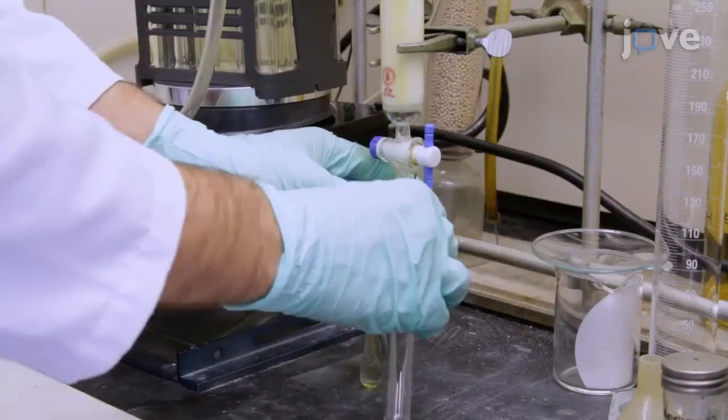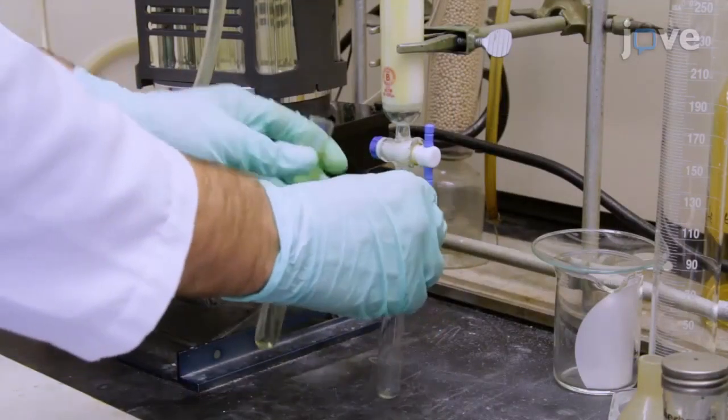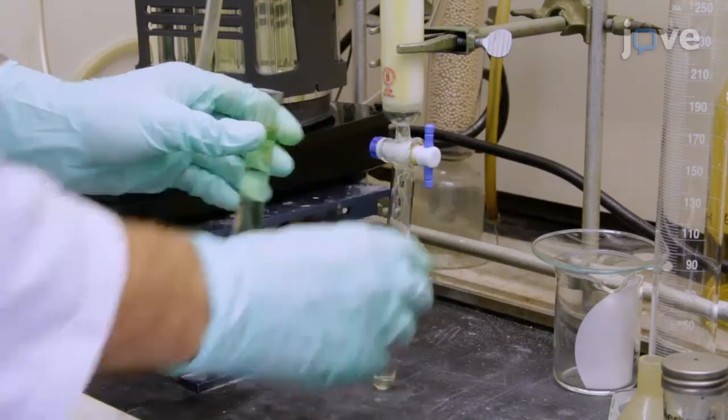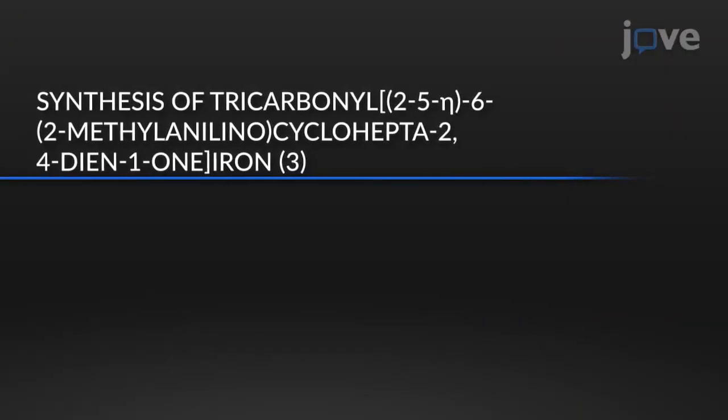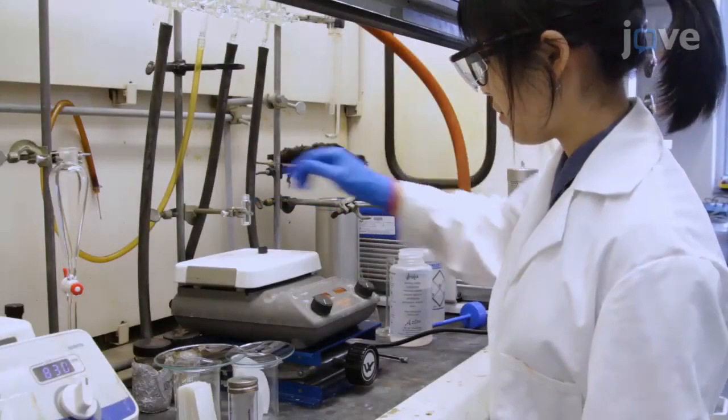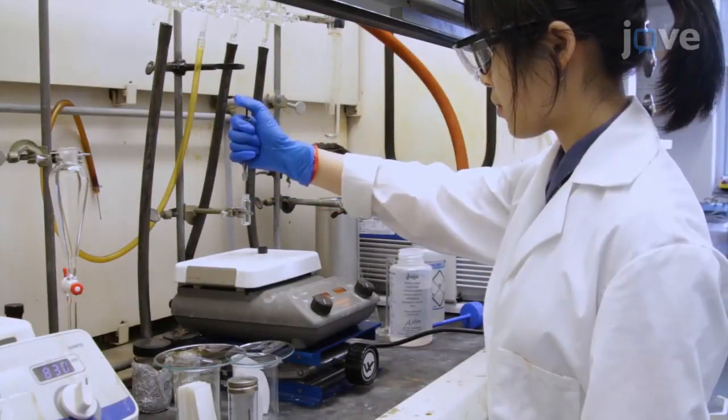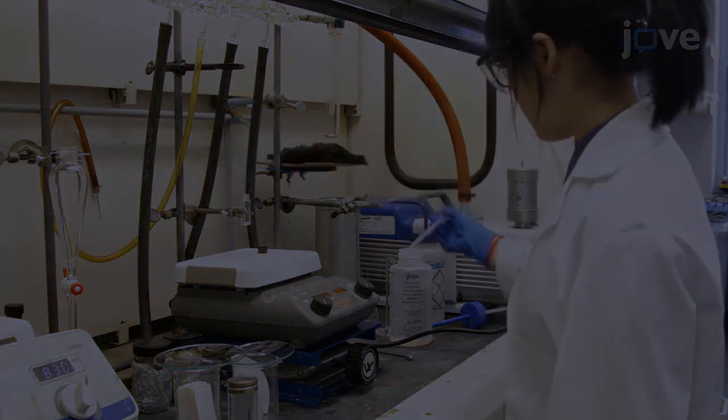After the excess amine has finished eluting, change the eluting solvent to 1:1 diethyl ether to methylene chloride to elute the product. Add a PTFE stir bar, 0.021 milliliters of O-toluidine and 1.0 milliliter of